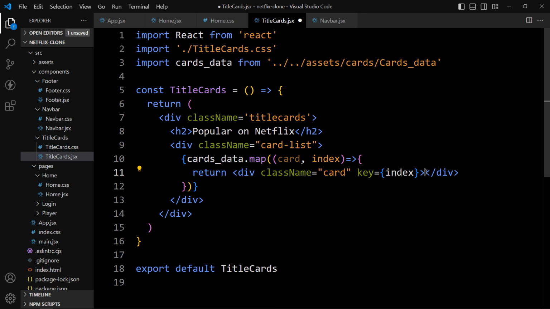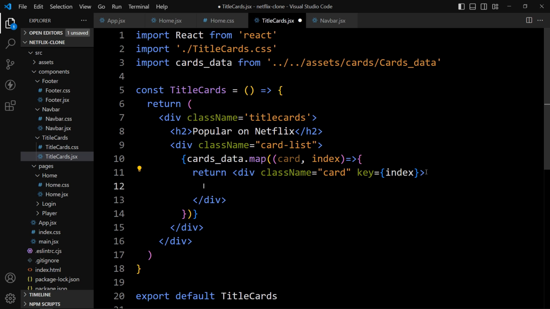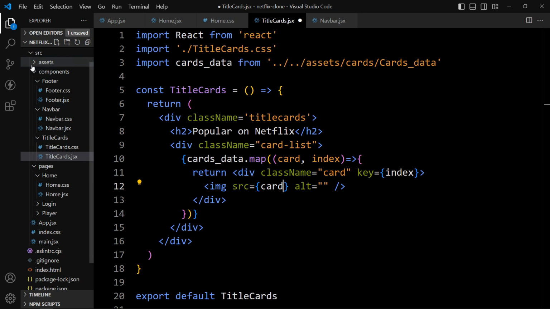Now within this card we will display the image and movie name. So let's add the img tag for the image, and in this src we will add this card, and in this card we have the images. So let's open that data file again.